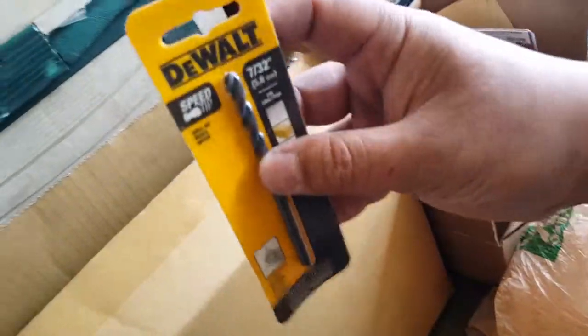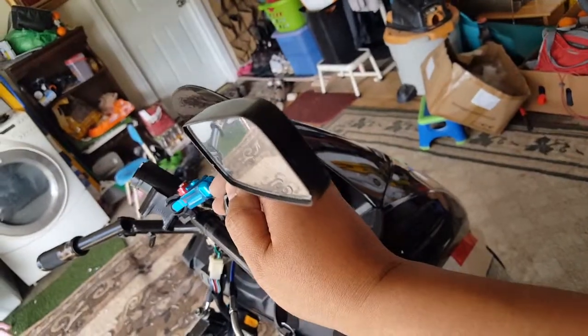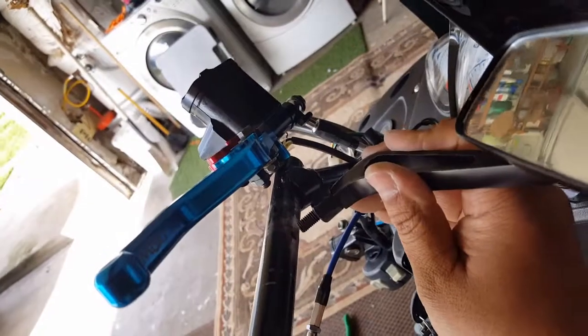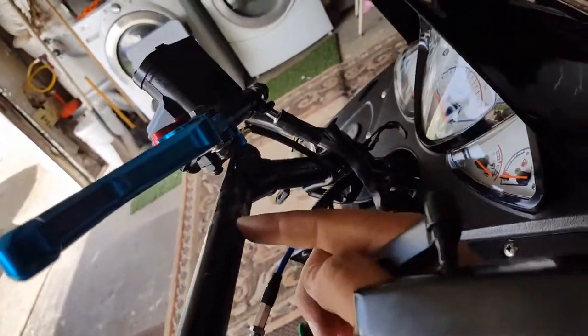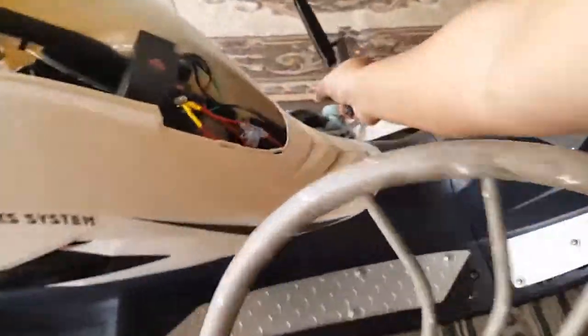So if you do have a situation where you want your bars to actually go from pointing, like if you want your mirror, let's say, see if I can find my mirror so I can really show you. So you have a situation where you're always constantly forcing your mirror to go back so you can actually see the road instead of it coming into this position or wiggling like this. Then what you want to do, let's say this was mounted like this sort of, right? Or whatever you have for your actual mount. See where your hole is? You just want to probably drag the hole here where the teeth of the housing that we were trying to figure out. Those teeth of these housings